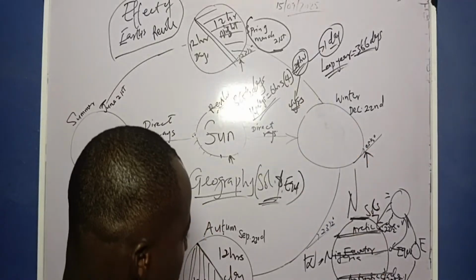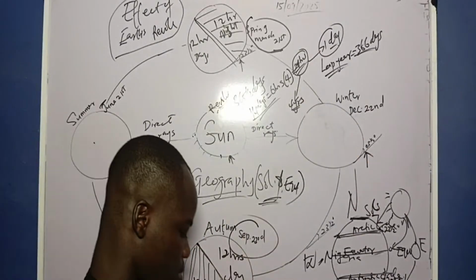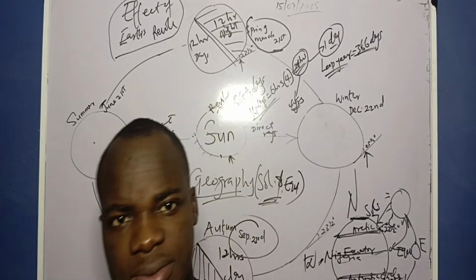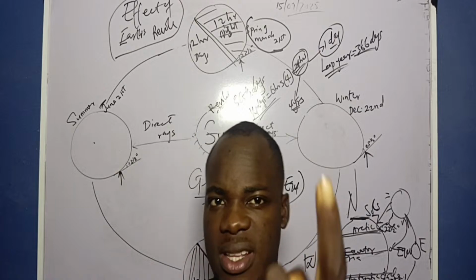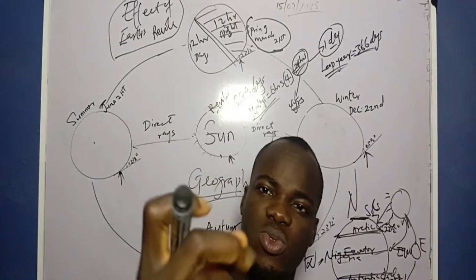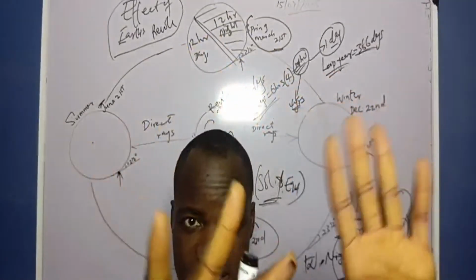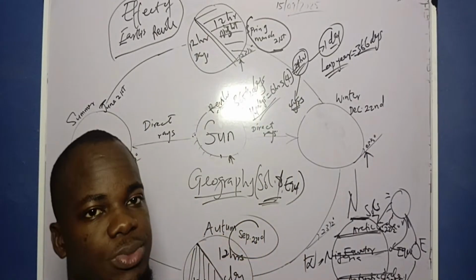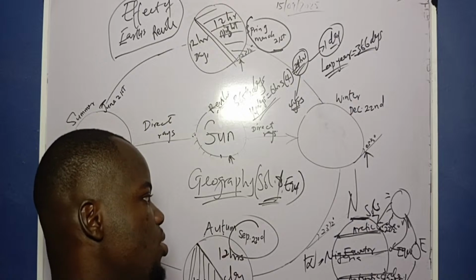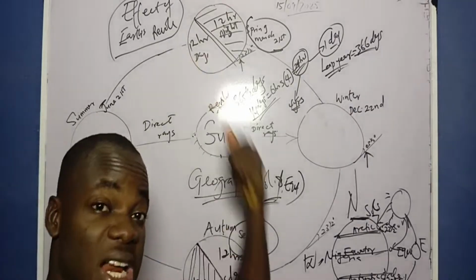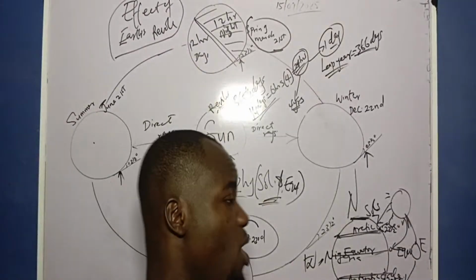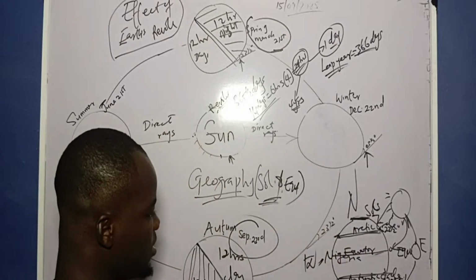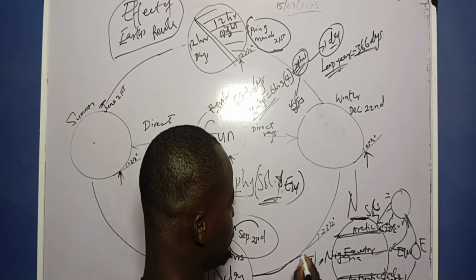And in September 23rd, today is 15. So 15, 16, 17, 18, 19, 20, 21, 22, 23. In the next 8 days, we are going to have what is called the autumn equinox. This is where we have equal day and equal night all over the globe, everywhere. But the moment we leave this particular place and move to